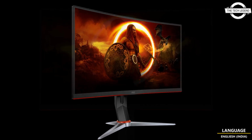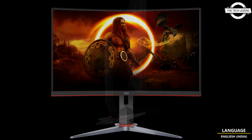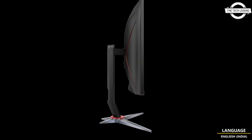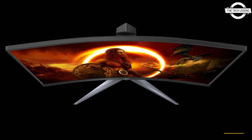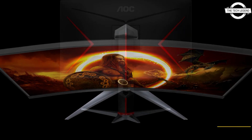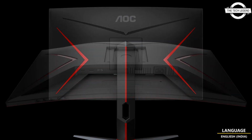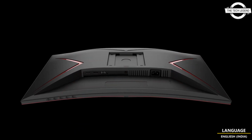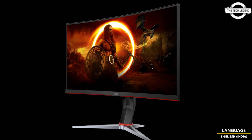So friends, today I will talk about the AOC Gaming CQ27G2S. This monitor, a 27-inch display, boasts a 1500R curved VA panel with a 2560 x 1440 resolution, an impressive maximum refresh rate of 165Hz and a quick 4 millisecond G2G response time, and it comes with